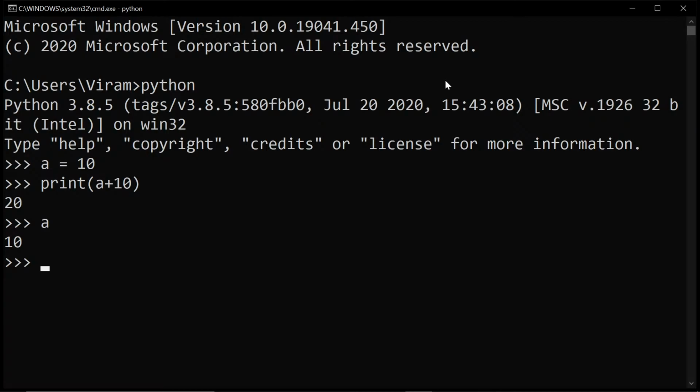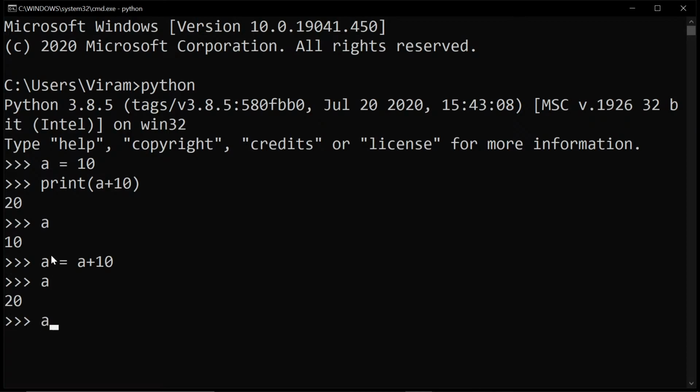Now if I want to put the value of a plus 10 in a, what I can do is a is equal to a plus 10, right? As I said, when you have this sign in between, you go to the right hand side first and see a. What is a? A is 10 right now, and 10 plus 10 is 20. So this 20 will be stored in a again. So let's see a. A is 20.